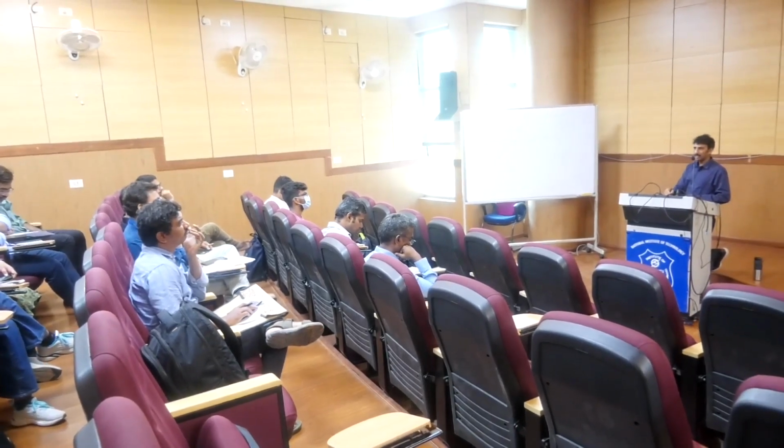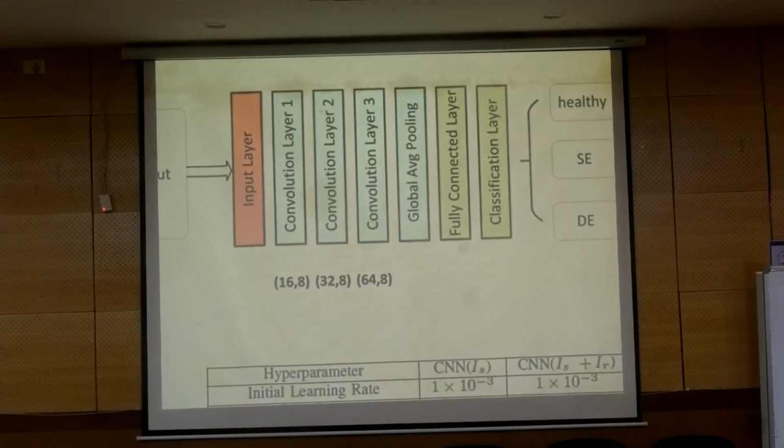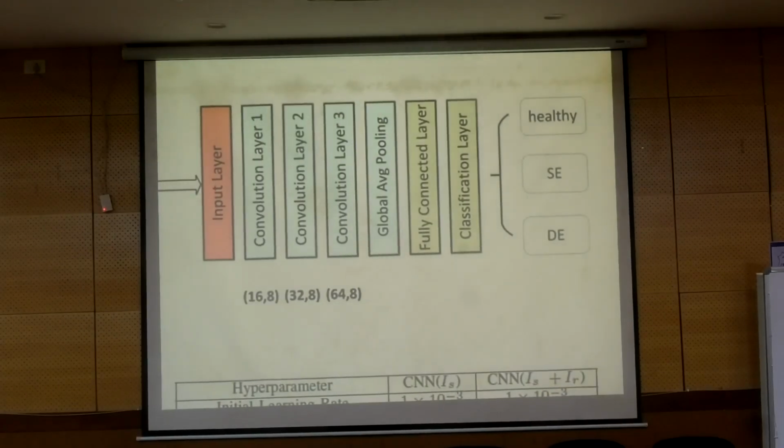So the second one has 32 filters, 8. That many weights have to be optimized by the algorithm. Just on the CNN side. Then you have the fully connected ANN, which might have its own hidden layers, its own neurons, its own weights. Okay. The classification layer is nothing but the output layer of the ANN, which would typically have a softmax function or some kind of non-linear activation. Okay.